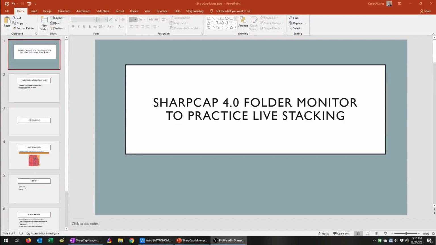Hello, my name is Cesar, and I'm going to be going over how to use SharpCap 4.0's folder monitoring feature to practice live stacking and histogram stretching. I will also be providing some files, so if you don't have the files, you can use these files to